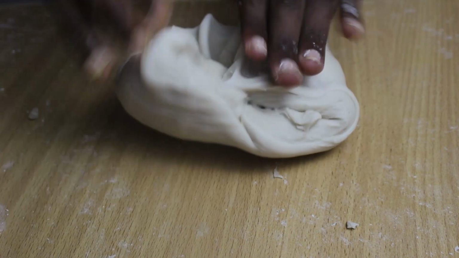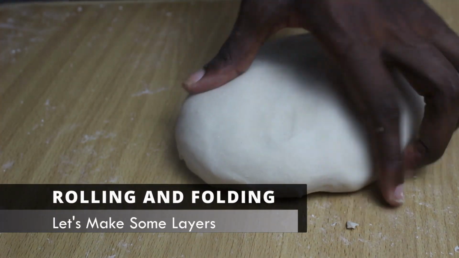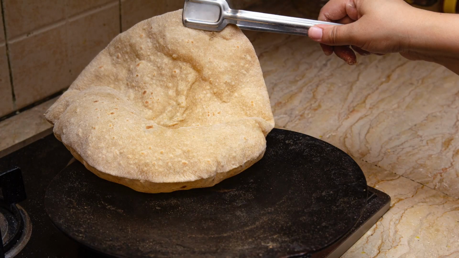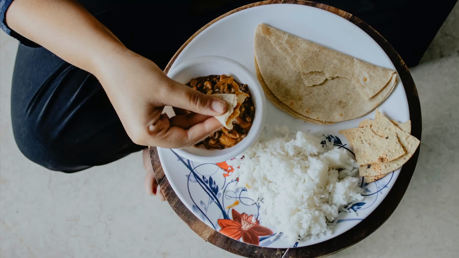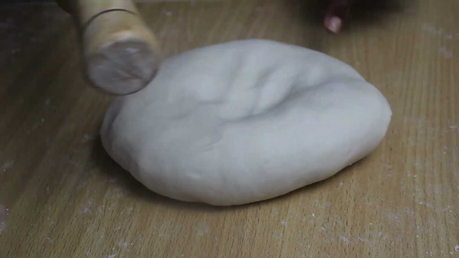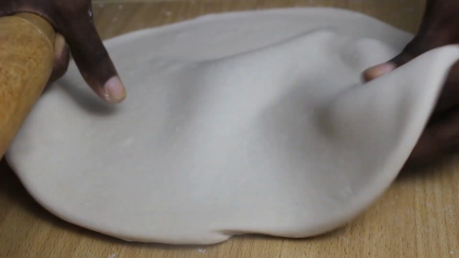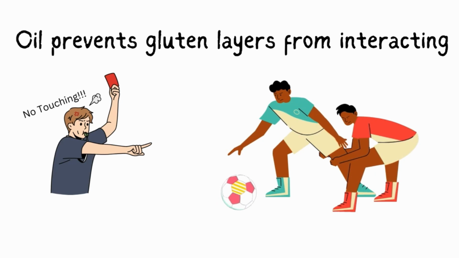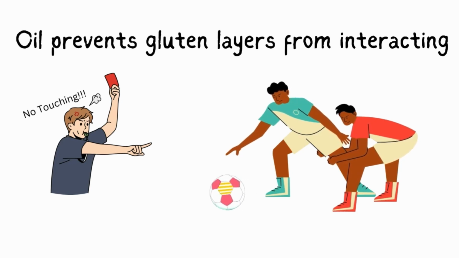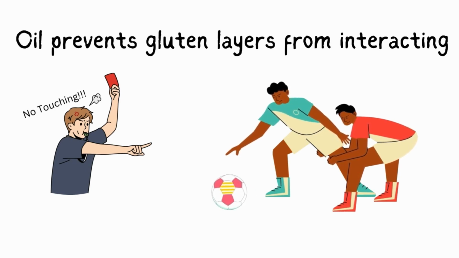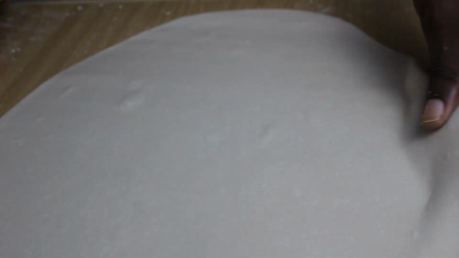So one of the crucial steps in making chapati is that step where you form the layers. The layers of the chapatis are very important. Not very important, you can do without them, but they make for a very pleasurable eating experience. I'm going to roll this out, spread some oil on top of it, and fold it into layers. The layer of oil that you're going to add on top of this is going to prevent the gluten layers from combining. Remember we said oil acts on the hydrophobic amino acid, hydrophobic I mean, and by doing so it prevents the reaction or the interaction between adjacent gluten layers, and so it's going to give us some very distinct